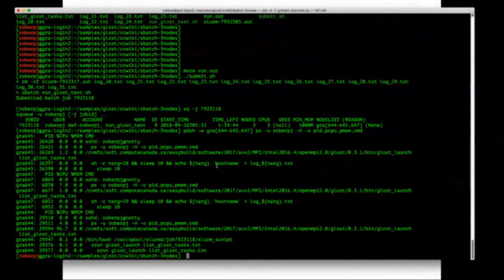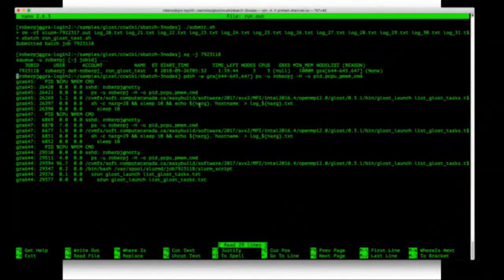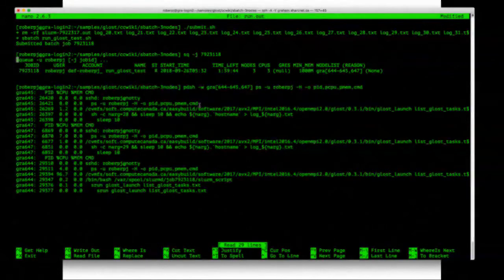Okay, so this is just a repeat of what I did. I'd submitted a job before. It's not quite clear. All right, I squeued it. That job ran on Gray 64, 65, and 67. So I want to take a look and just sort of prove to myself that those processes are actually distributed to the nodes. So I pdsh it and ps, and it lists in sort of a threaded format